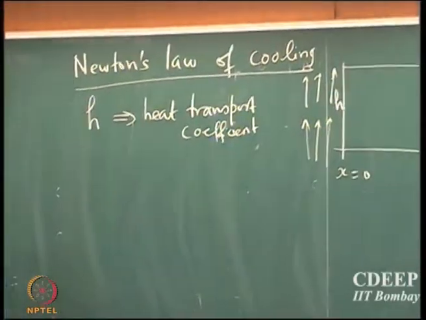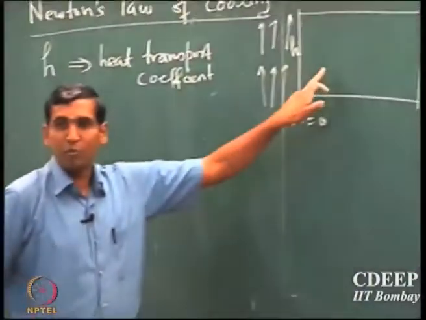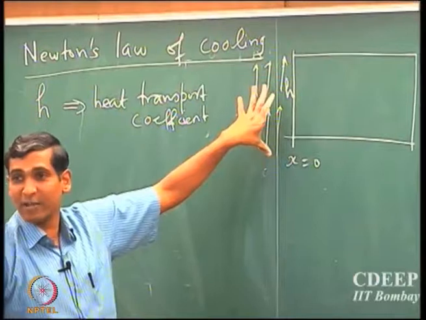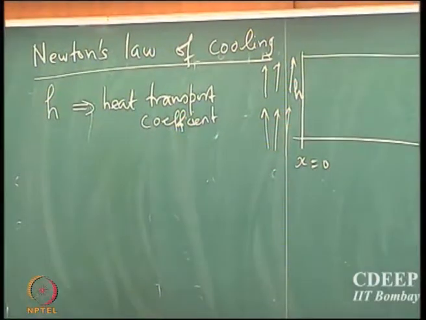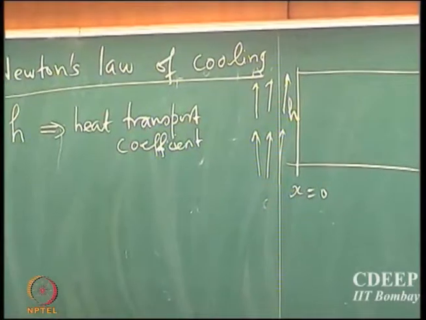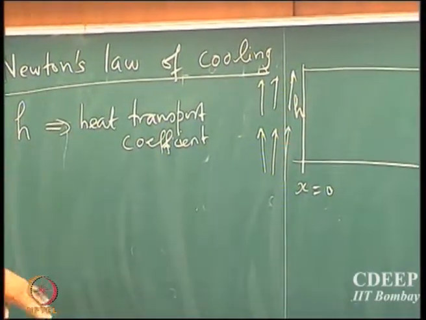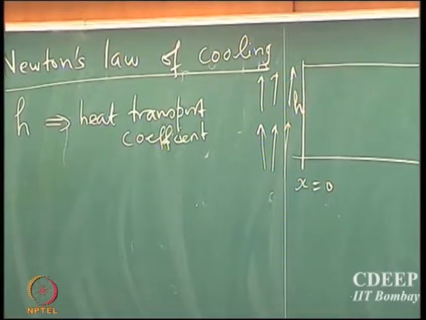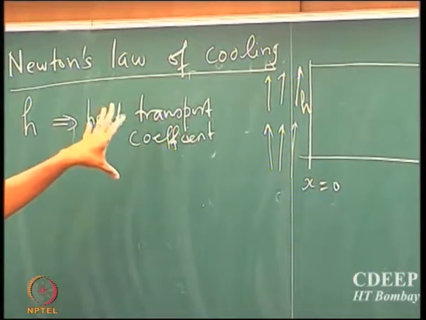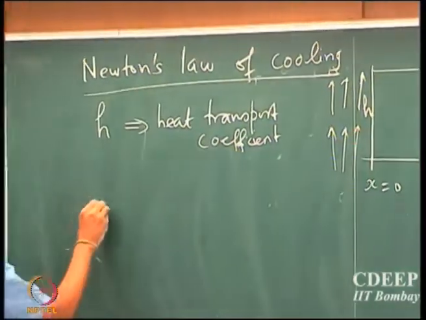and the reason for defining such a coefficient is that here we have heat transport across different phases. So here this is a solid and this is a liquid. So you have transport across different phases and so we need to define some sort of a coefficient. That's a fictitious coefficient and we will actually see how to estimate these coefficients. It's for convenience purposes such a coefficient has been described, and so Newton's law of cooling simply says that Q prime